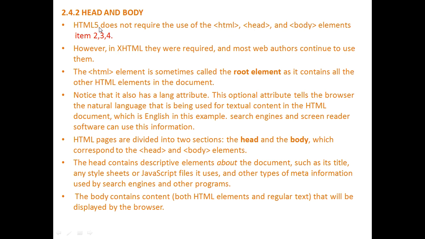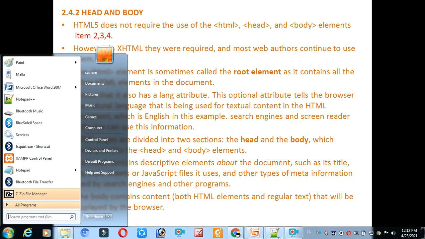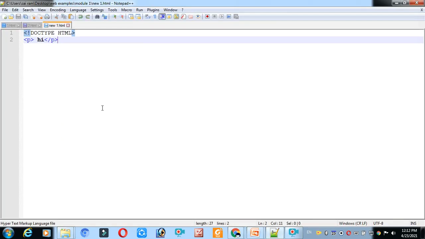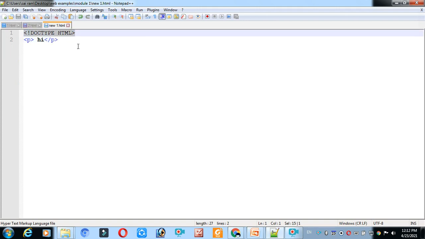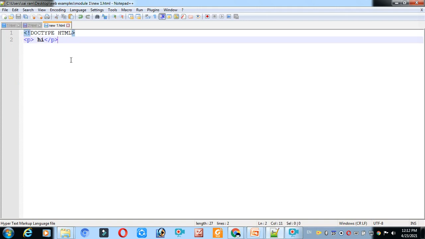Then if we are considering HTML5, is it required to write them? It's optional. I will give you an example. Can I use here no html, head or body? Just only a document type and only one paragraph. Will it execute? Will it give you any error? We will check here. Run in Google Chrome, it is executing properly and giving you output.